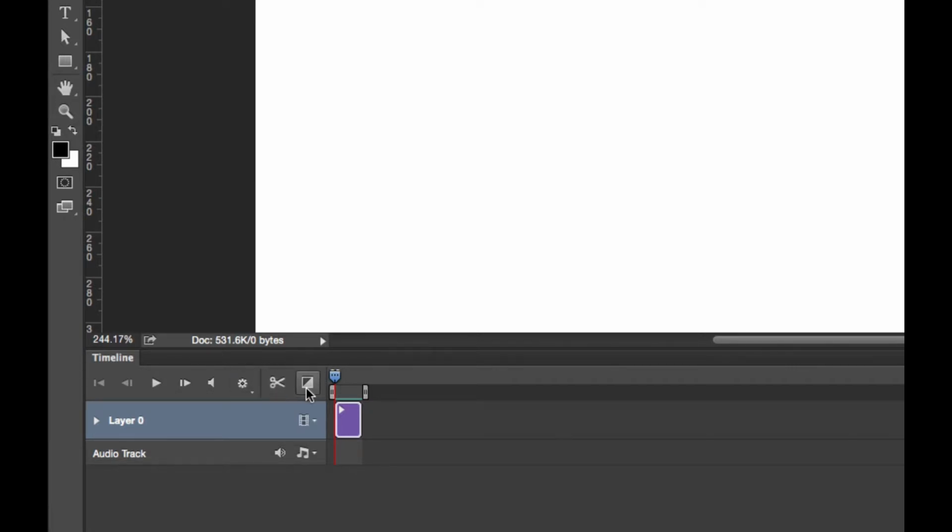And then there's just a couple other tools here. This is a way to cut your clips in half, which this is considered a clip. It's a layer, and the purple part here is a clip, which means that it's a short piece of a longer whole, right? And then this allows you to do different transitions, which we'll talk about later. All right, and so on this we have our layer 0, and this is the file. This tells us how long this particular clip is going to play for, right? It's currently the entire length